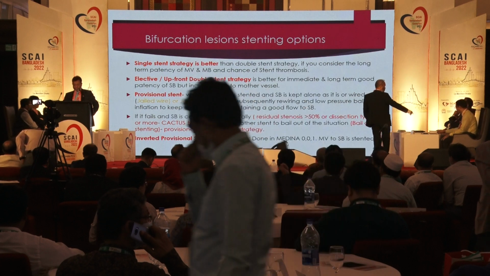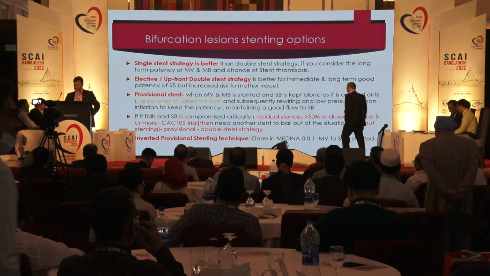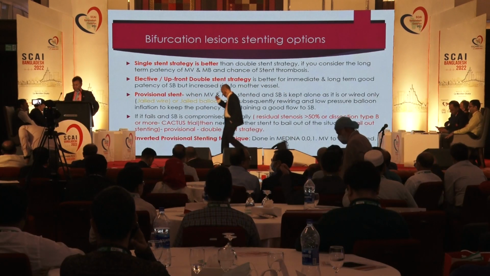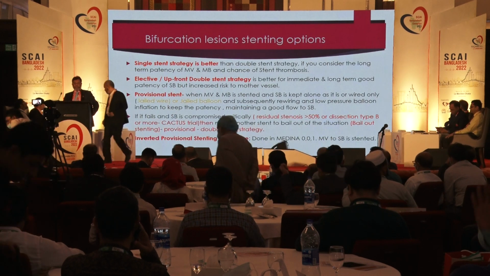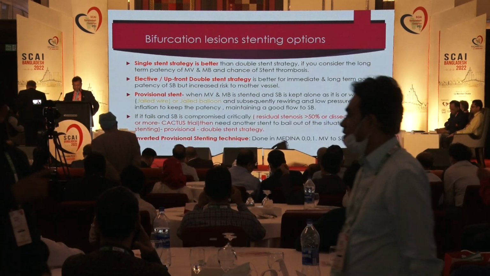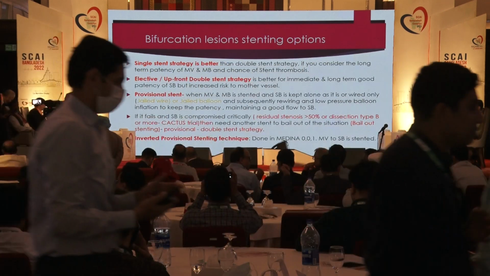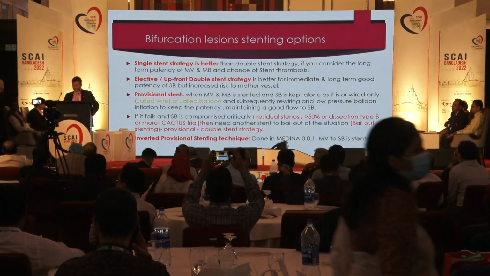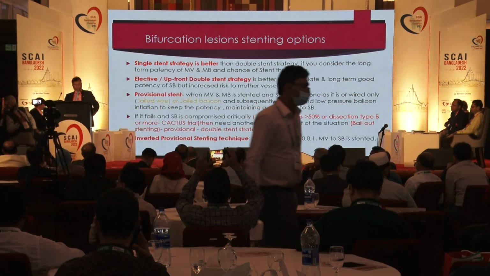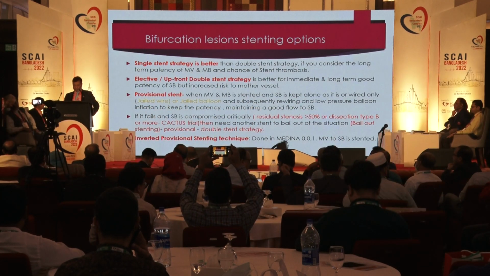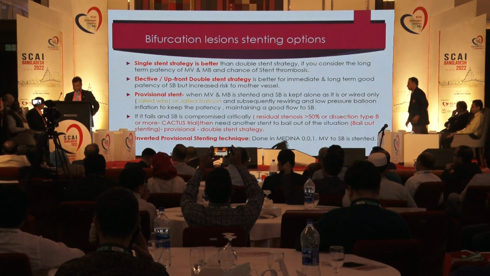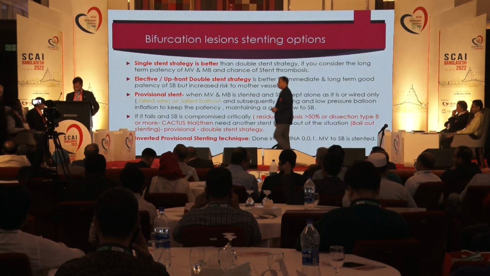where the main vessel and main branch are stented, and the side branch is kept alone, as it is, or wired only, or kept with a balloon, meaning the jailed balloon technique, and subsequently rewiring and low pressure balloon inflation, maintaining a good flow to the side branch. If it is not possible, then provisional double stent strategy is essential, and if not, a provisional stent technique can